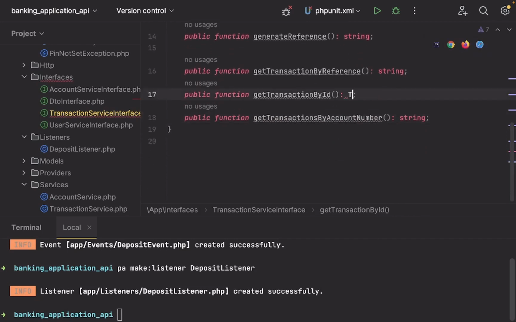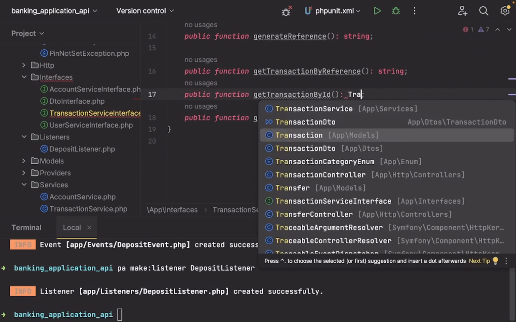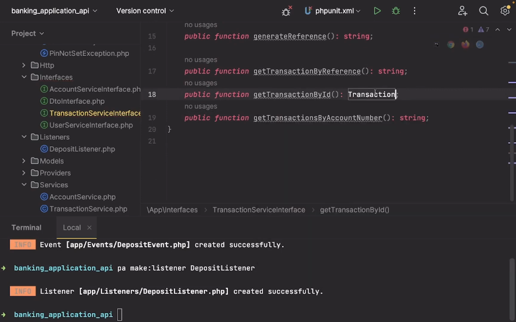The first two will return a transaction, and this will return an array of transactions. There is no way for us to represent